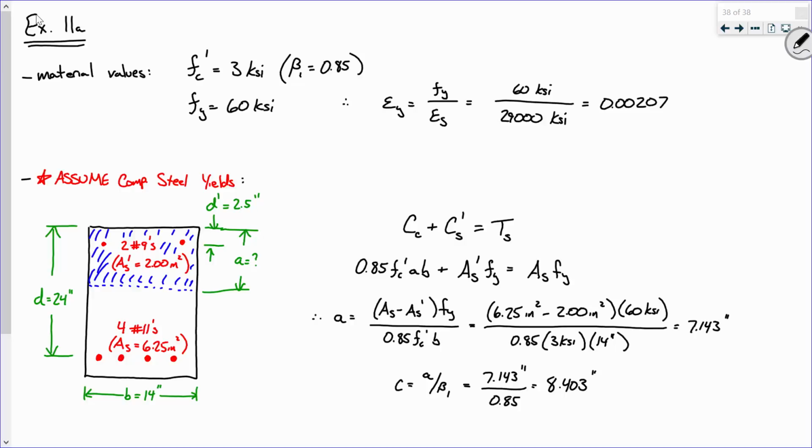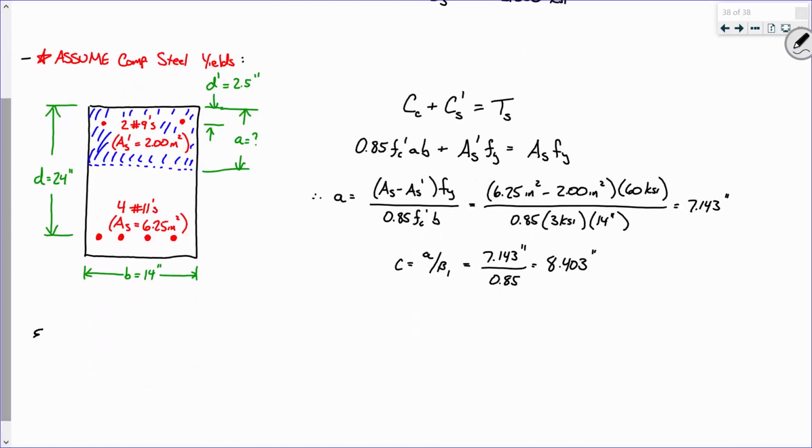Now, here's the thing. That calculation for a, okay, it is only valid if this steel has yielded, okay? We made an assumption when we plugged in Fy right here, we made an assumption that that steel had yielded, okay? We have to verify that assumption. The way that I'm going to verify that assumption is I'm going to compute the strain in that steel, okay? And I'm going to do that by saying